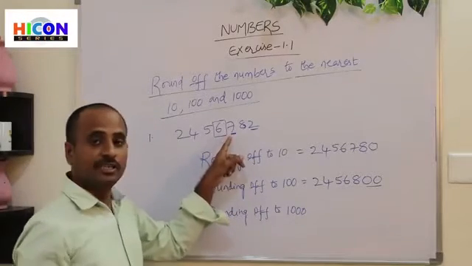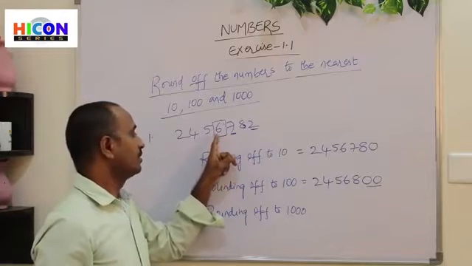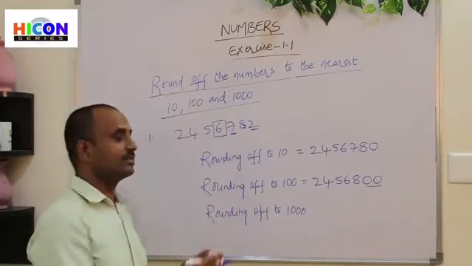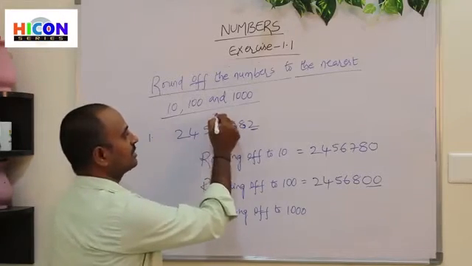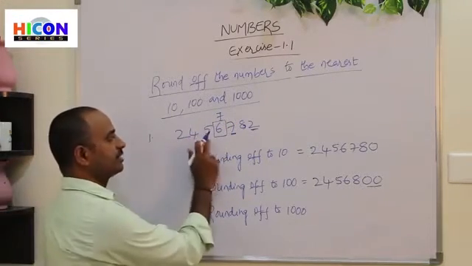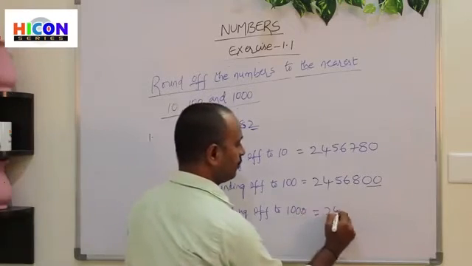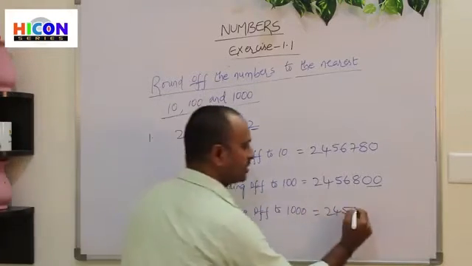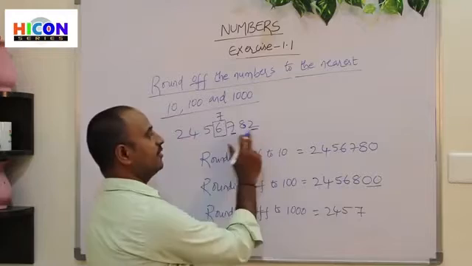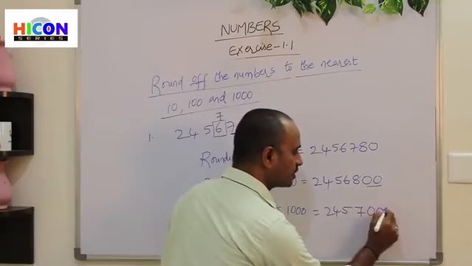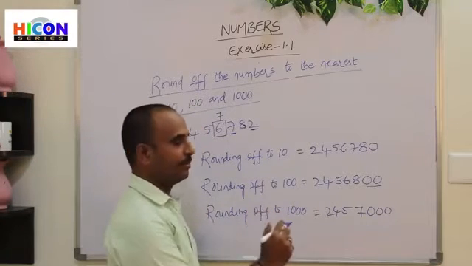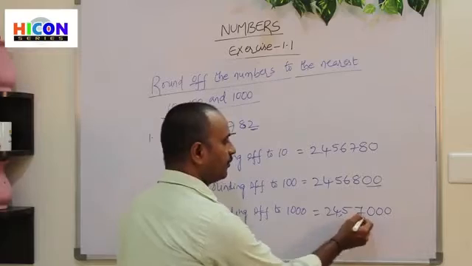If the next digit is more than 5, write the next thousands. That means round off the given number to the next thousands. There are 6 thousands. The next thousands is 7 thousands. So keep 7 in the thousands place, and the remaining digits should not be changed, that is 2, 4, 5. Write 7 in the thousands place and put zeros for the remaining places. There are 3 digits after the thousands place, so put 3 zeros for the remaining digits. This is the way how to round off the given number to the thousands. That is 24 lakhs 57,000.